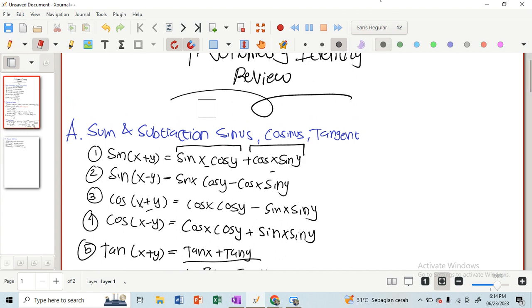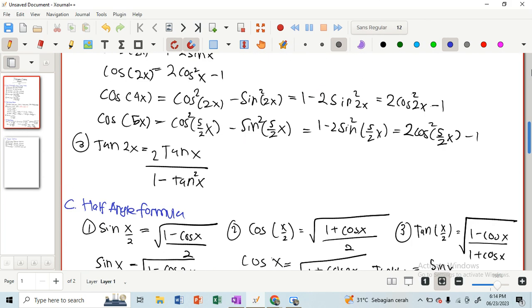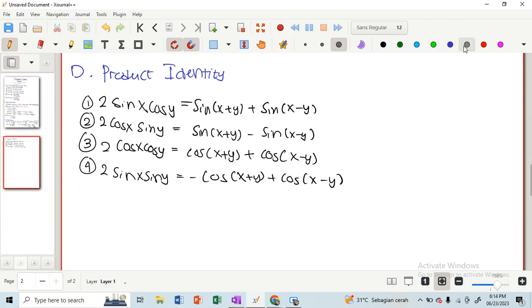Maybe I will change this title, this subtitle, from sum and subtraction of sine, cosine, and tangent. I will change it into sum and subtraction angle of sine, cosine, and tangent. Now, move on. We are going to discuss the